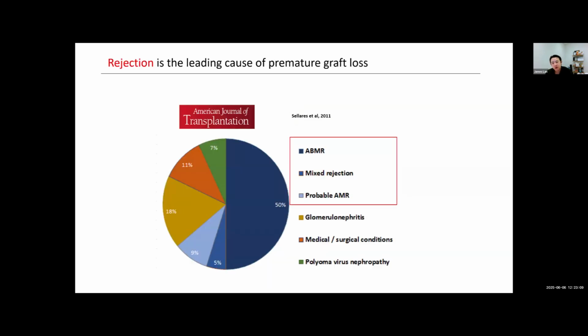But what is the problem? Every transplant that we do, despite all the benefits, 30% of them will fail over 10 years. And the main cause of the failure is rejection. And so difficult is this condition, we actually have no proven therapies that can treat patients with antibody-mediated rejection. So although we can diagnose it, there's not much that we can do. The graft will fail invariably over time, and we just get patients ready to either go back on dialysis or to get the next kidney transplant.